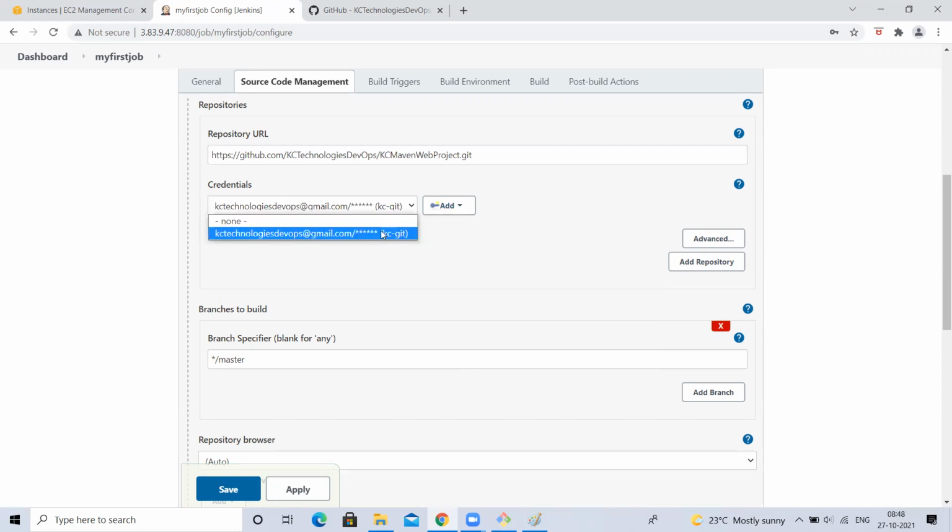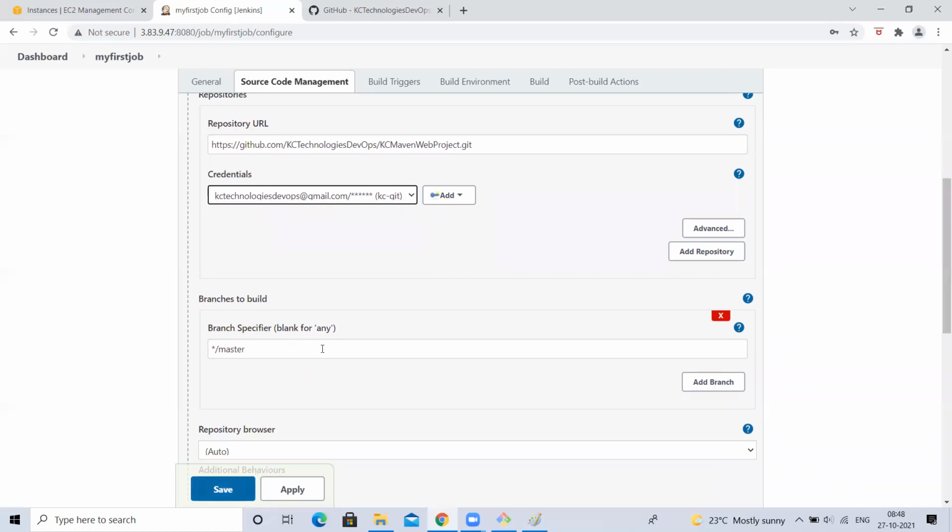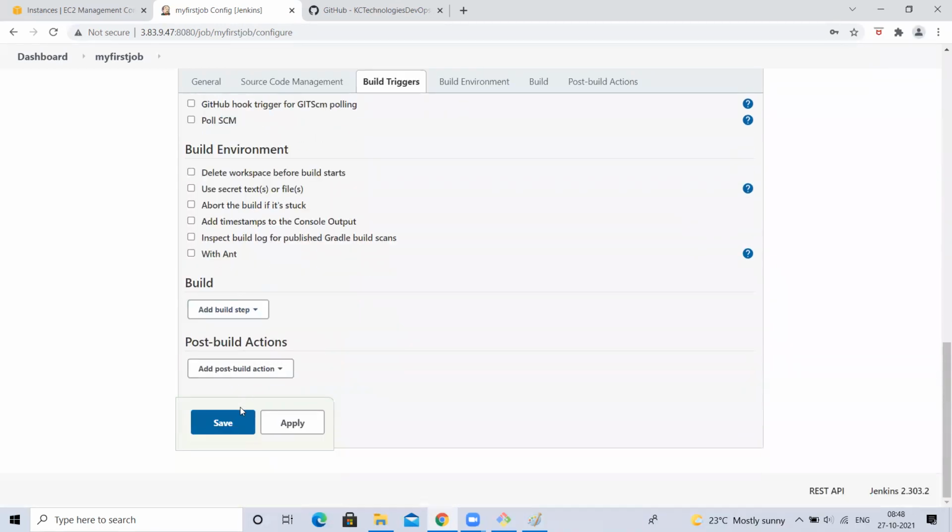Next, this credentials, why am I giving an ID? If you give an ID here, for example, I have the same password for Tomcat and GitHub. Now it will list like this. Password is hidden, stars. Username is the same for Tomcat and GitHub. So how will you identify this is for Tomcat, this is for GitHub, because the username is the same and the password is different? So if you give an ID, you can easily identify this is for Git, this is for Tomcat. Okay, I'm selecting this. Now let me save the changes. There are so many options. We'll see them one by one later. For now, let's see this.